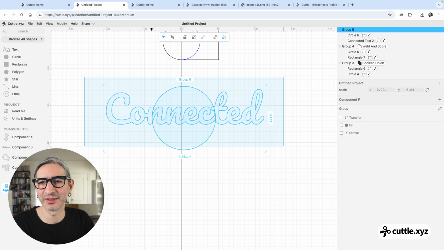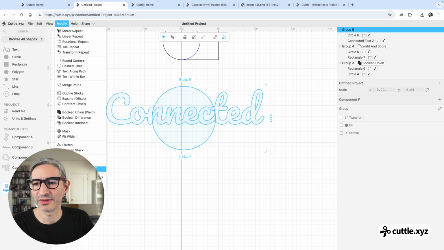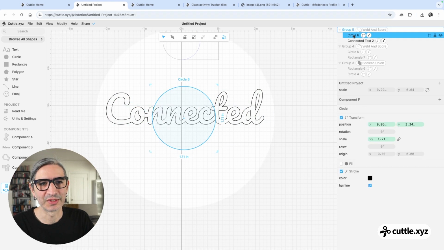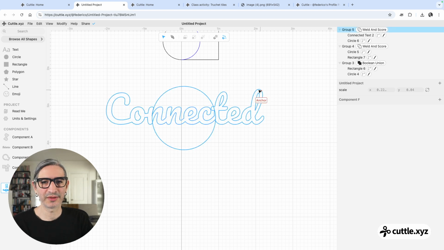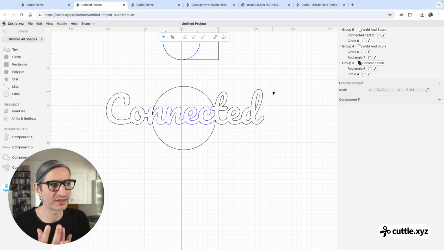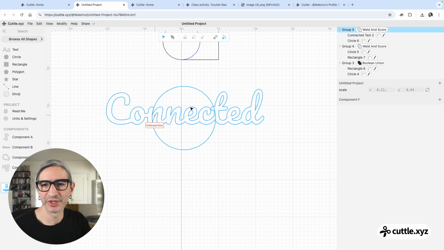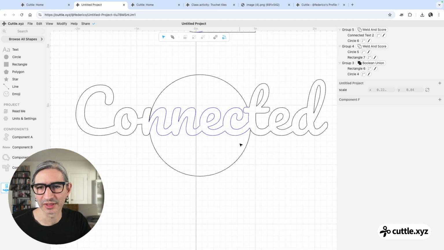But if you apply the weld and score, and change the order here, you get a single final shape, but you still get the readability because you can score it, which appears here in blue. So anyway,